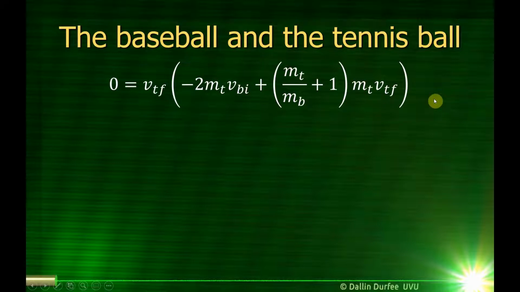Now, when you look at this, there's 2 ways that you can make this equation true, that you can make the left-hand side equal to 0. Either the final velocity of the tennis ball is 0, or this expression here that we multiply it by is 0. And it makes sense that the final velocity of the tennis ball equals 0 satisfies this equation, because